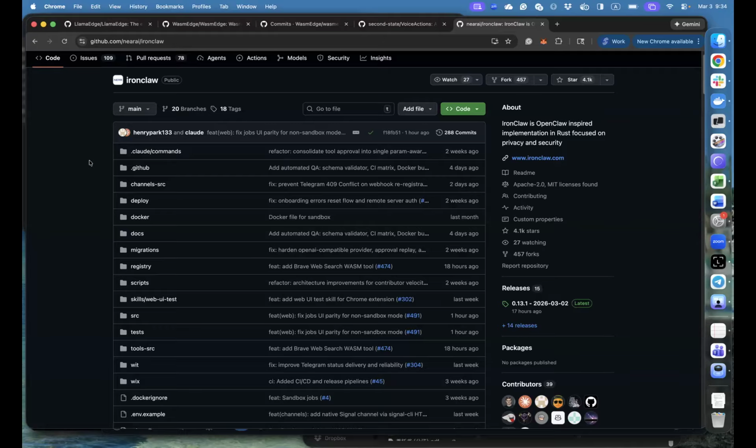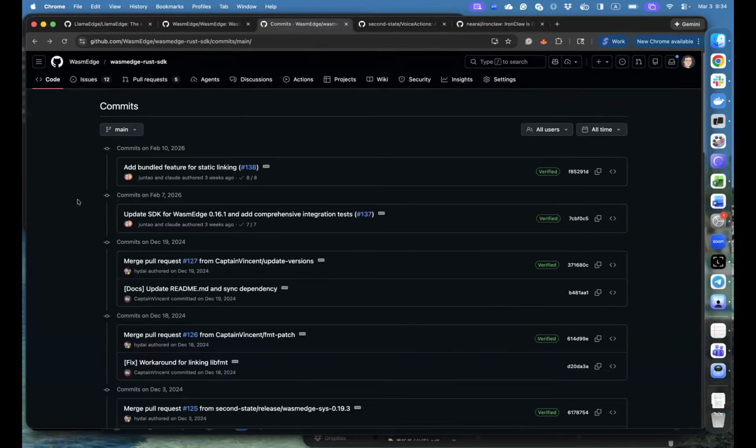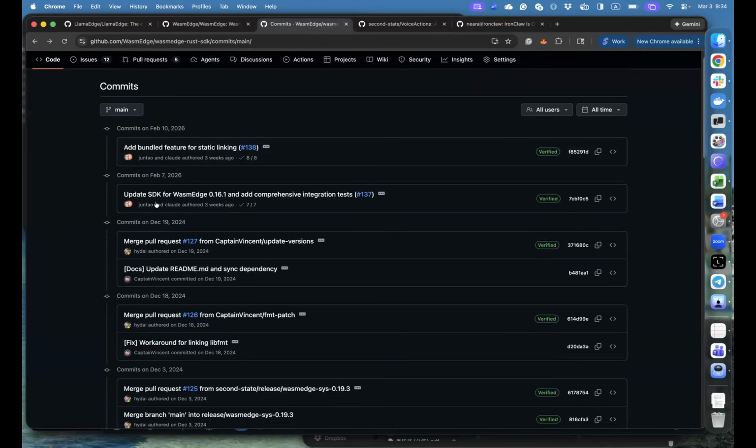our WasmEdge Rust SDK. So I go back to our WasmEdge Rust SDK. You can see that's before the commits that I made this year. The last commit was made in December 2024. That's more than a year ago, right? So